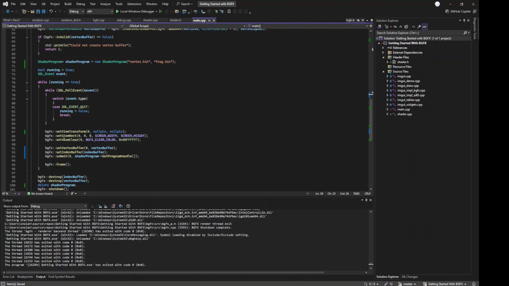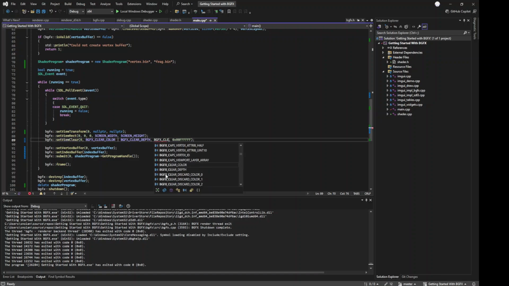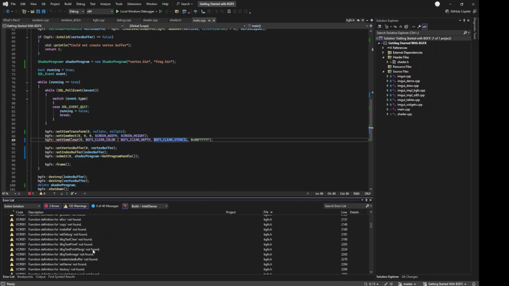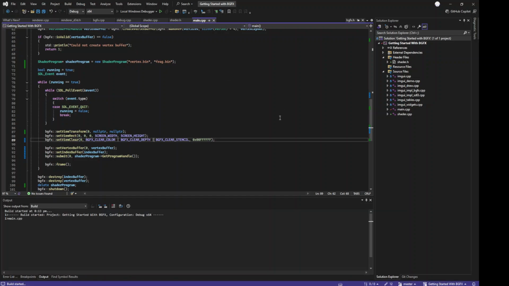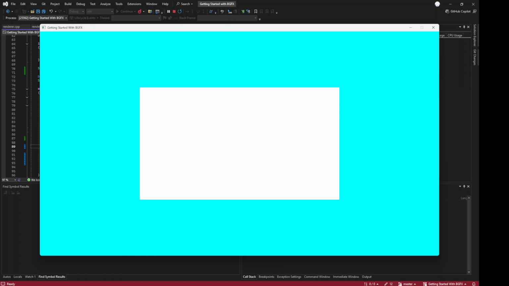Okay, and finally when we go down to the set view clear, we also need to clear the depth and the stencil. So we go to a pipe BGFX underscore clear underscore depth and BGFX underscore clear underscore stencil. Alright, and now that we've done that, not a comma, but a pipe. I'm sure you're screaming at me. Now that we've done that, now we can see our square,